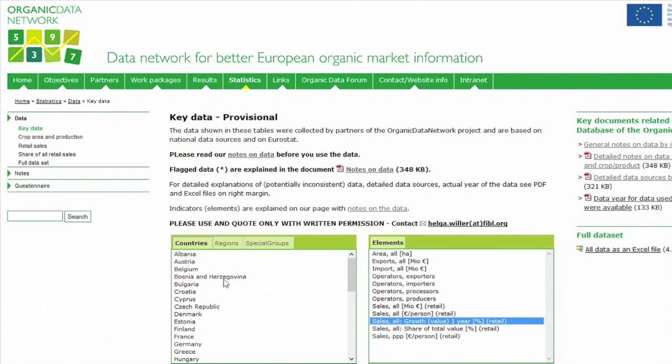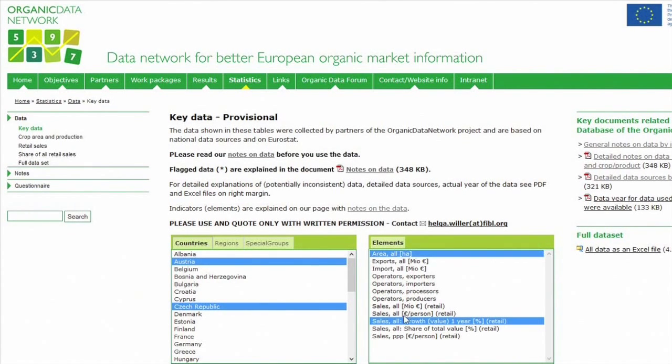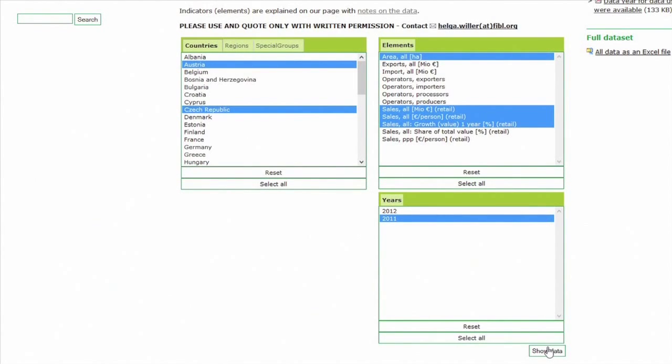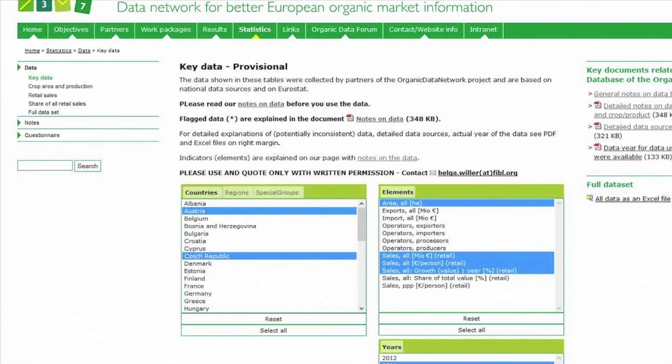And now I would like to show you how you select the data. For instance, we would like to have a look at the data from Austria, comparing those to the Czech Republic, and we look at the area and maybe the growth of the retail sales, or the total retail sales, maybe for the year 2011. So we have to scroll down here and then say show data.